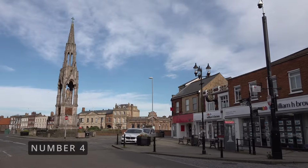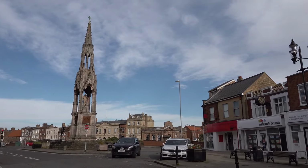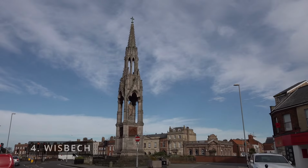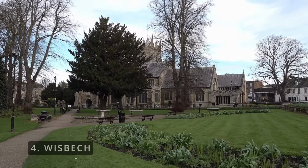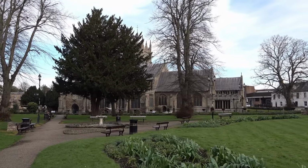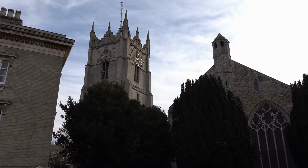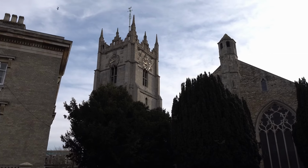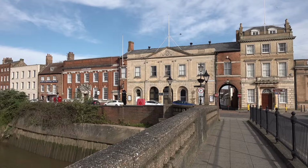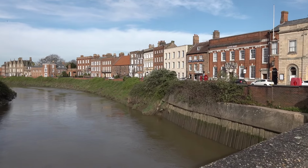Number 4. And now to the county's most northerly town. Sandwiched between Norfolk and Lincolnshire is the town of Wisbech. If you're wondering what effect the draining of the fens from the 17th century had on Cambridgeshire, look no further than Wisbech. In short, the county was transformed from something akin to a swamp archipelago to a thriving centre of agriculture,